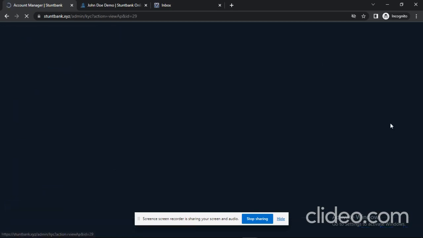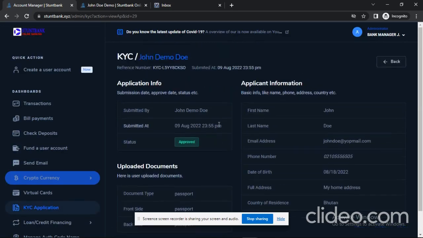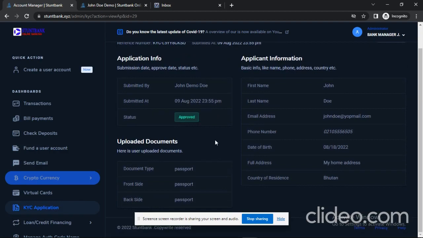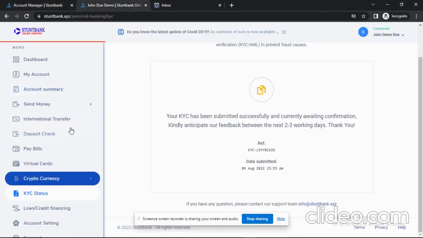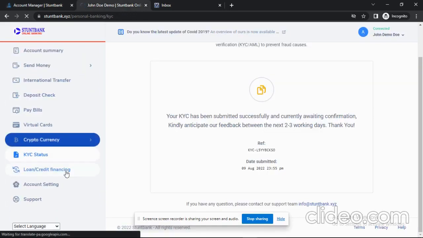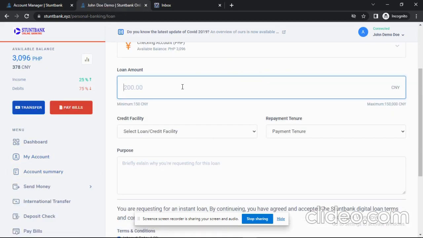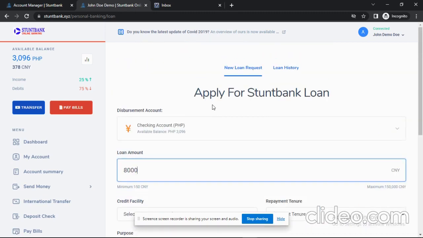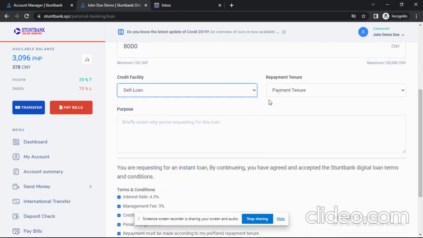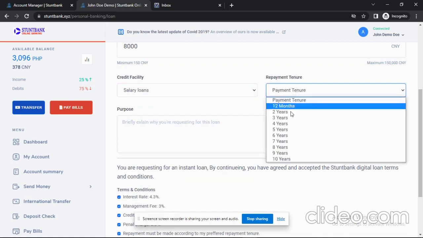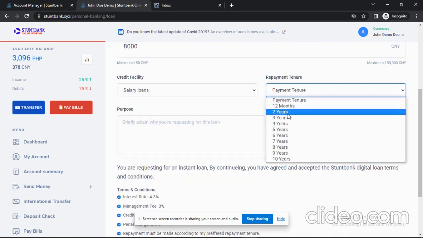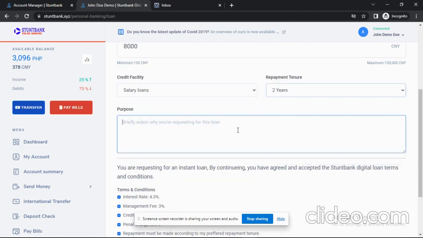This is the KYC details which the user just uploaded. Okay, this is for loan and credit financing. For applying for a loan, let's say we are applying for an 8,000 yuan loan, DeFi loan or salary loan, for 2 years. For demo,